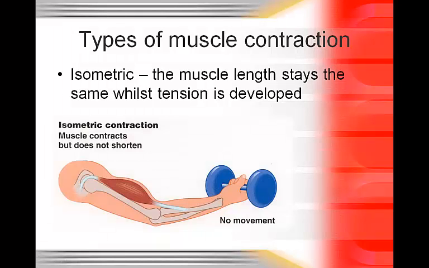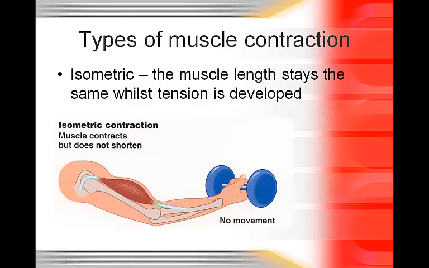Then you've got an isometric contraction. So what happens with this one is the muscles still work, but they're not changing length. So a perfect example of this is when a tennis player grips the racket. So you need muscular force to hold onto that racket and not let it go, but the muscles aren't lengthening or shortening. They definitely shorten just to form that grip initially, but just to hold onto the racket is an